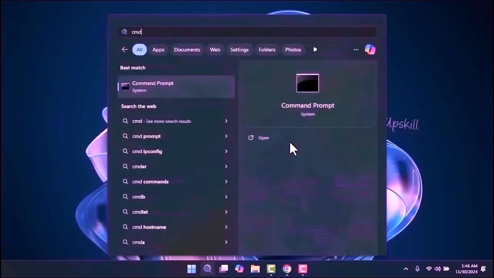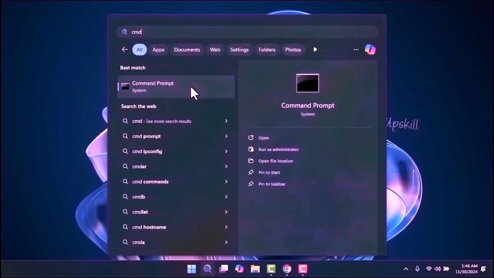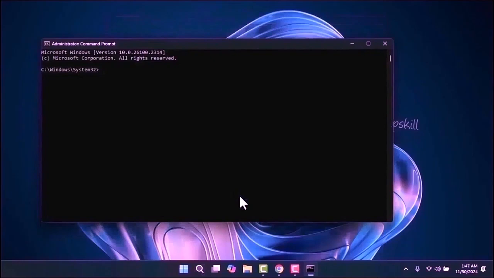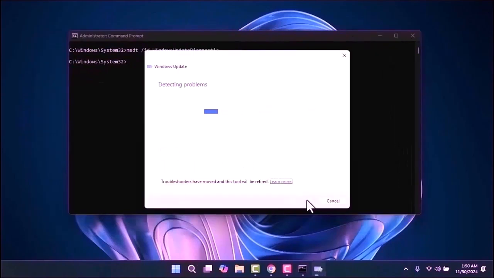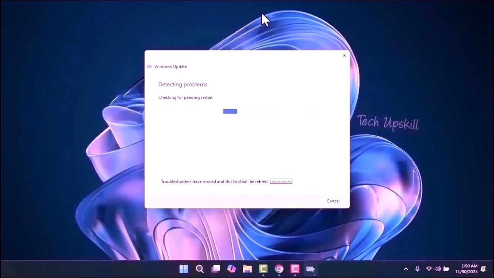Open the Start menu, type cmd, and run as administrator. Then write this command: msdt /id WindowsUpdateDiagnostic, which I will leave in the video description. Click Next to allow the system to automatically detect and fix any issues. Once the process is complete, restart your computer and try updating your PC again to check if the problem is